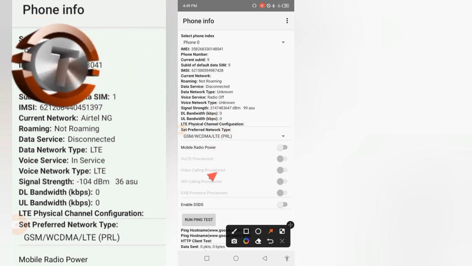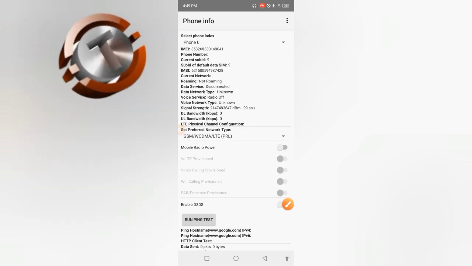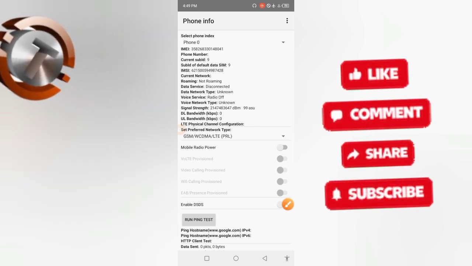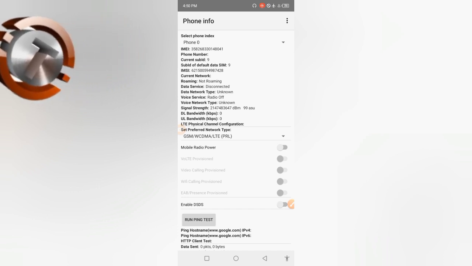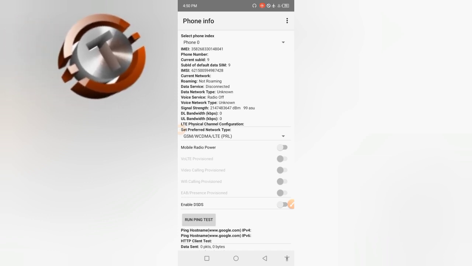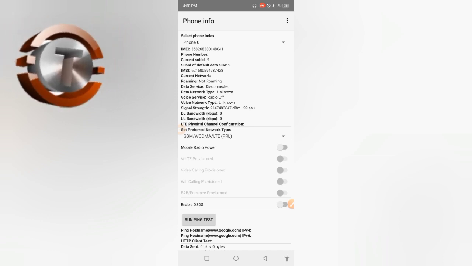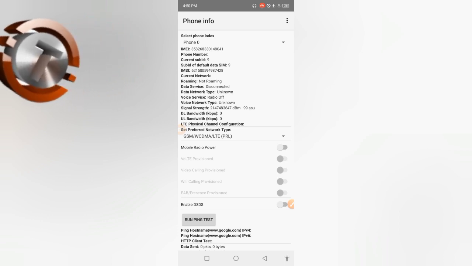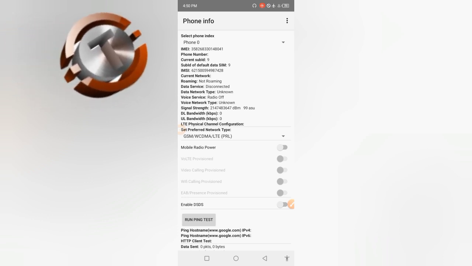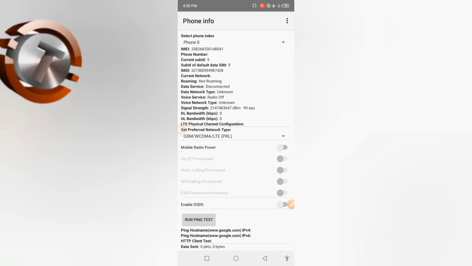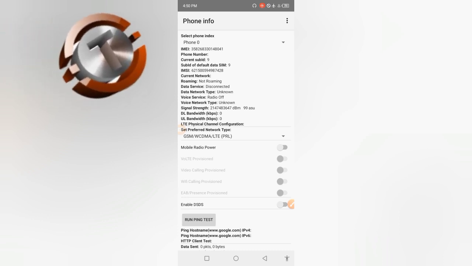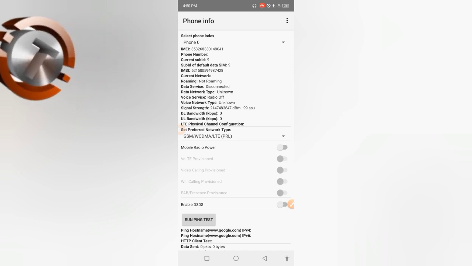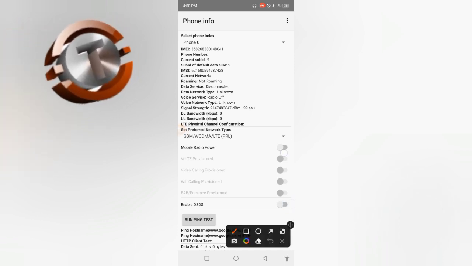And I want to tell you something. When you buy data on your phone and you use it to browse, after some time, when you have exhausted the data, your network provider will send you a message that you have run out of data, that you should recharge and buy more data again. And after they have sent you such a message, the next thing they are going to do is disconnect